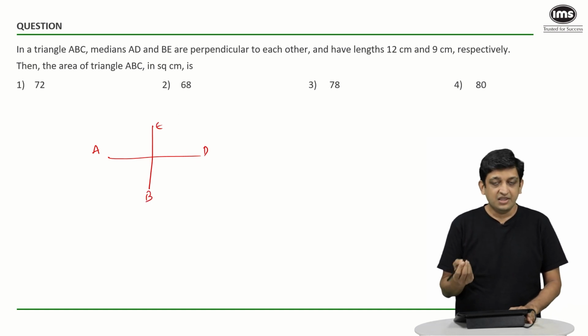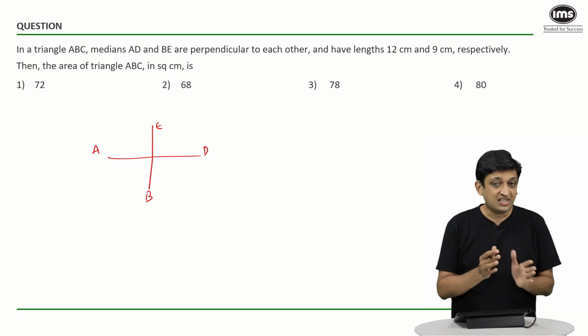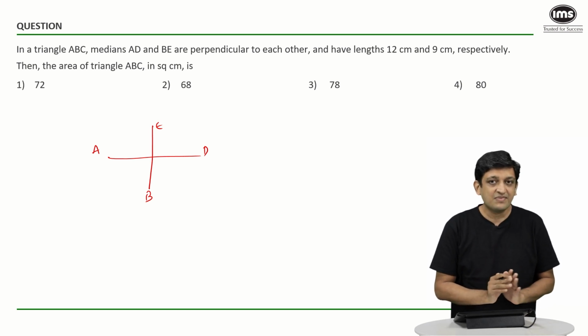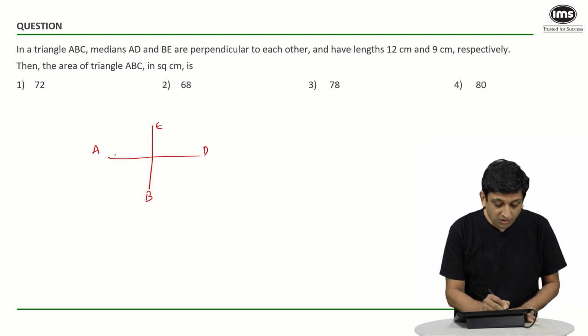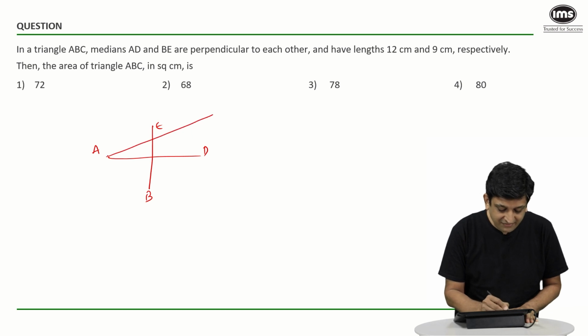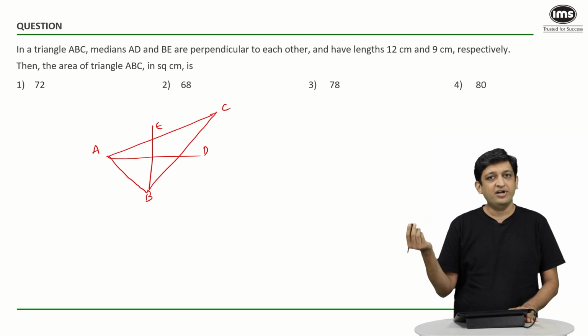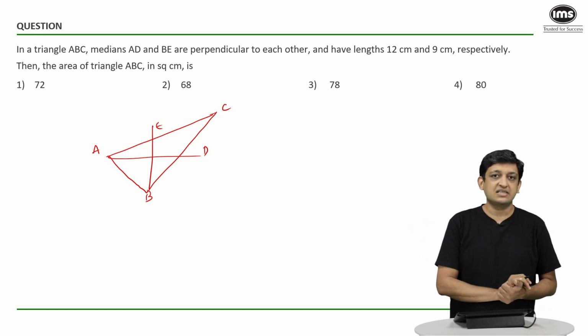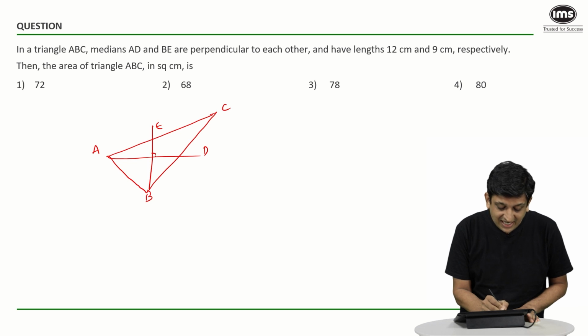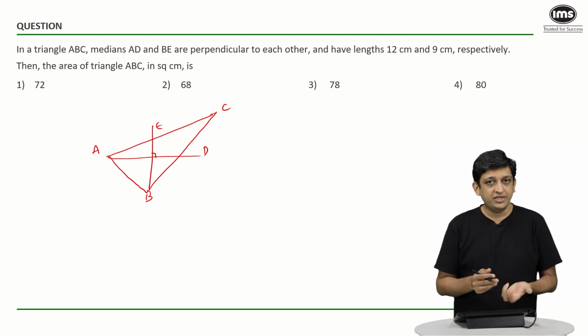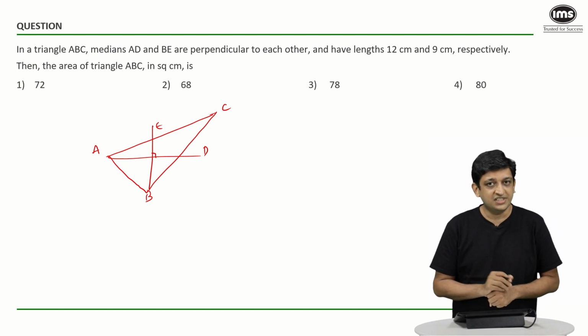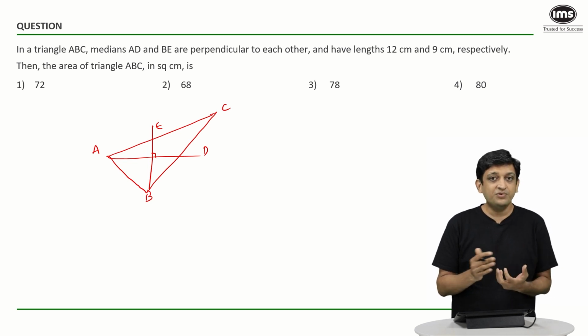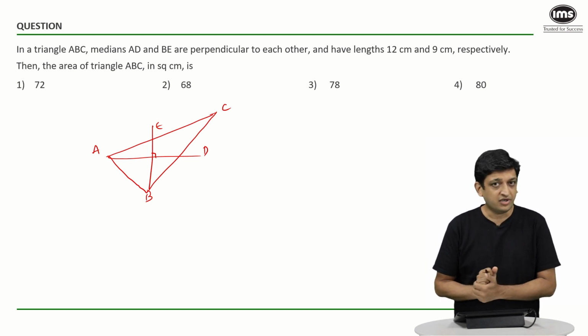Now what we can do in this case is construct the entire triangle using these points that we have found. So if we want to construct a triangle ABC, we can just join A and B here and we can have an imaginary point C here, wherein we are just constructing this triangle. Now we can see that AD and BE are perpendicular to each other and they are also medians of this triangle. Now we have to use a few things pertaining to medians in this particular context.